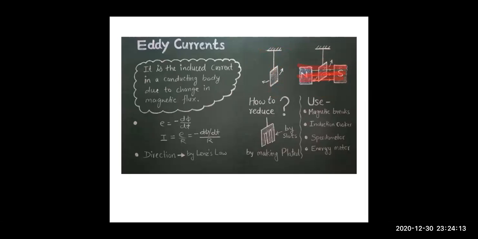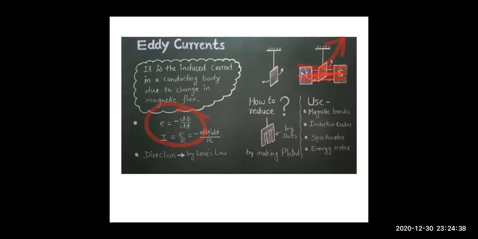So when the plate is moving towards the extreme position, it is coming out of the magnetic field, right children? So the magnetic flux linked with the plate will decrease, the number of field lines passing will decrease, right? So as the magnetic flux is changing, eddy current is produced